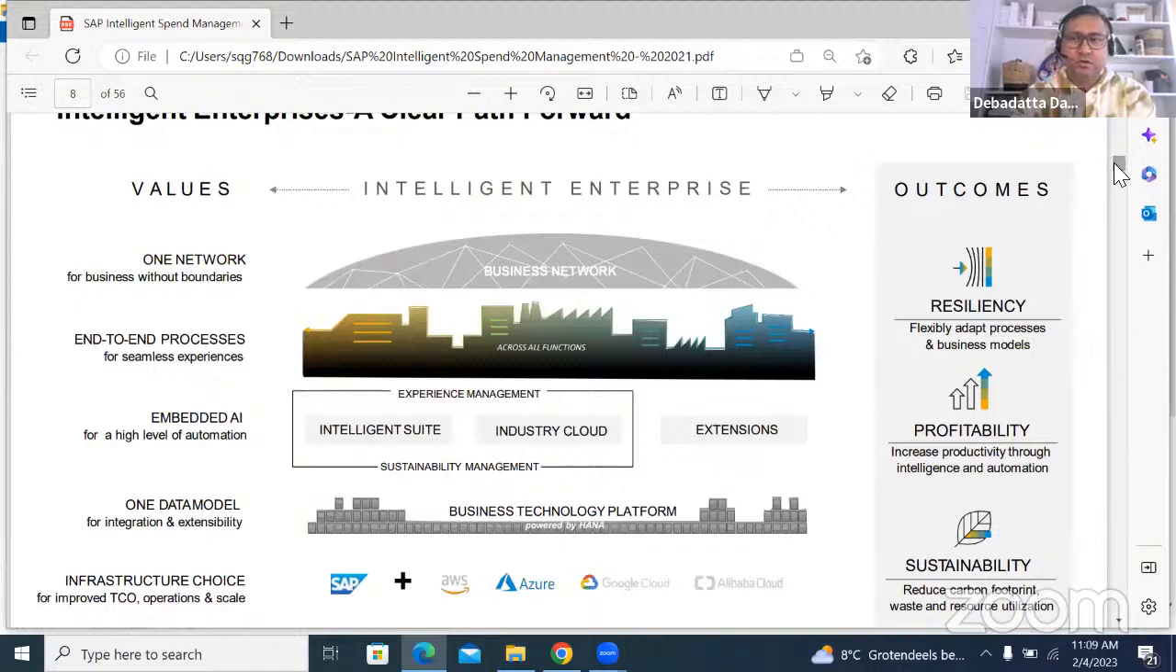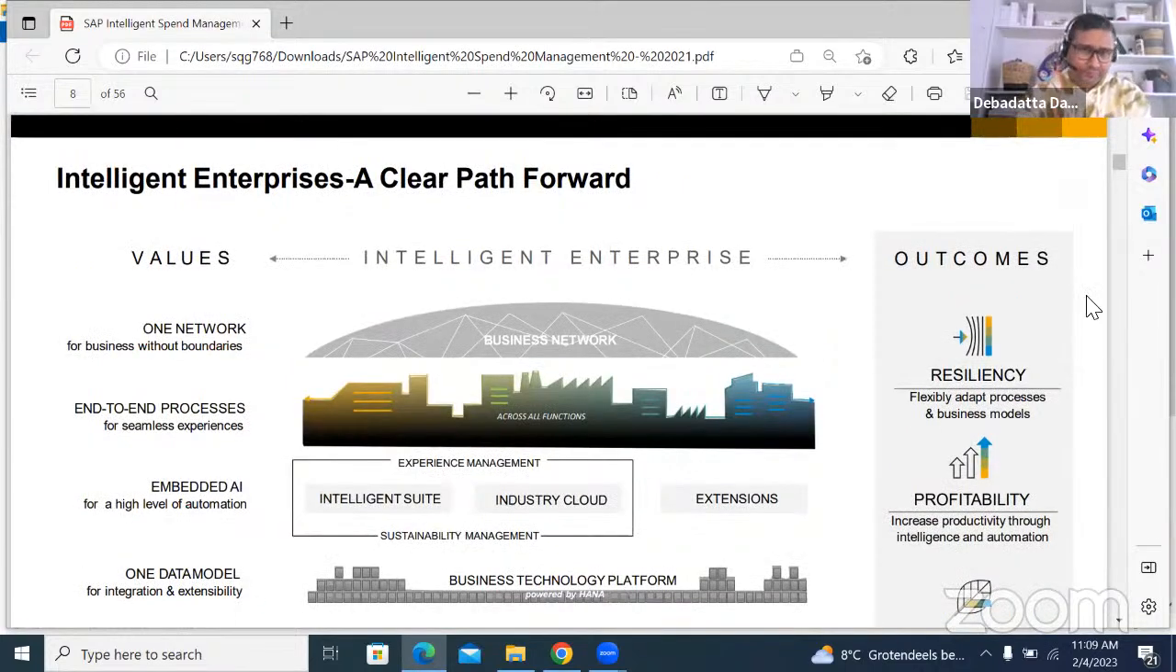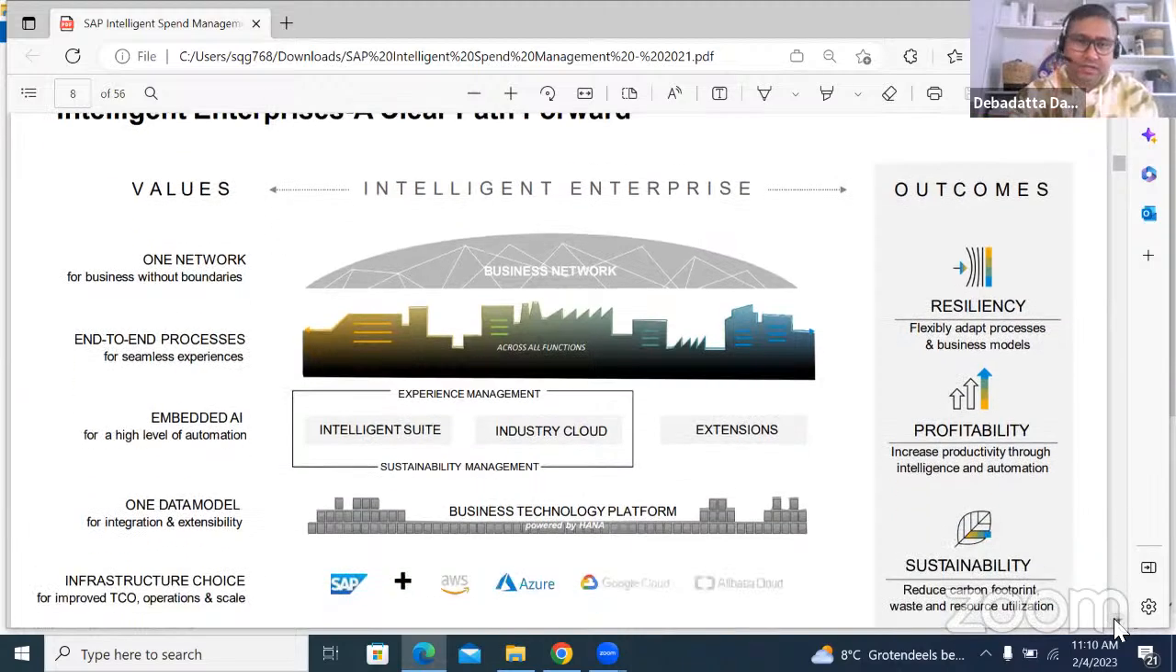So I just wanted to set the context in terms of what we are going to discuss. For example, the relevance of SAP Ariba, or what does it do? What is the end goal when any company adopts these tools? Where does it sit in the overall SAP portfolio? Because SAP is a large